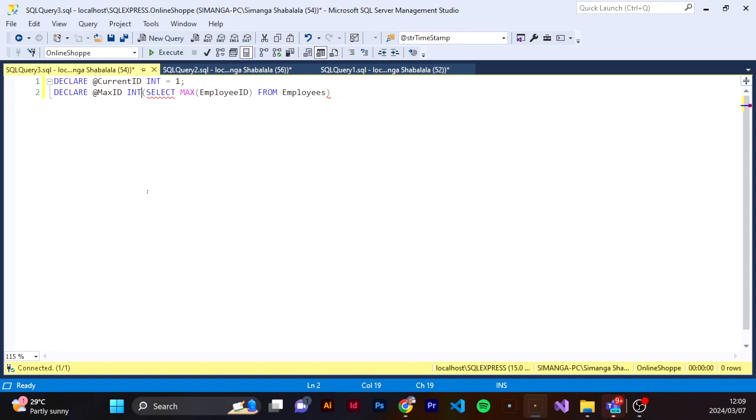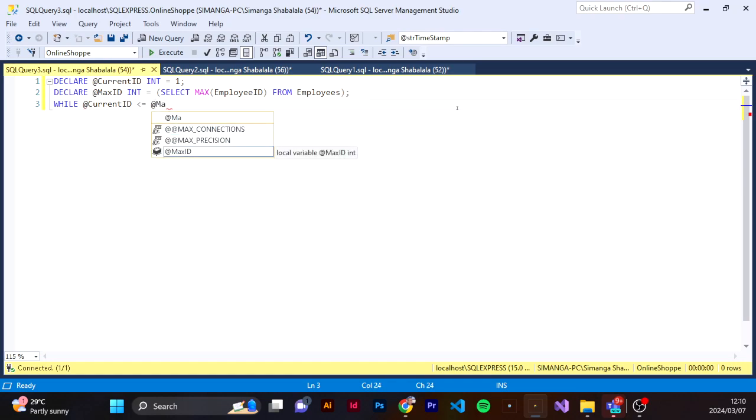So here we're sort of missing that operator here, and then we're gonna run a loop while @current_ID is less or equal @max_ID,